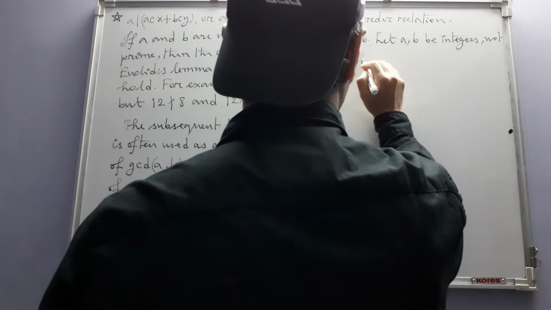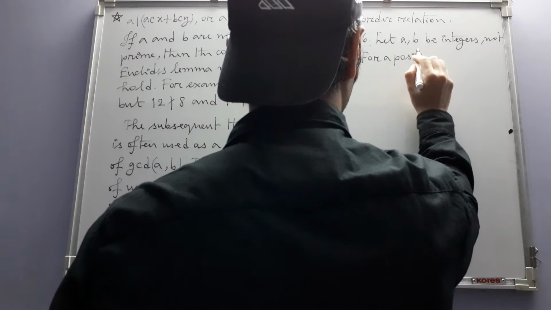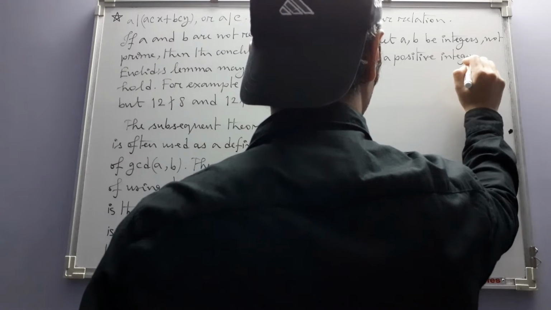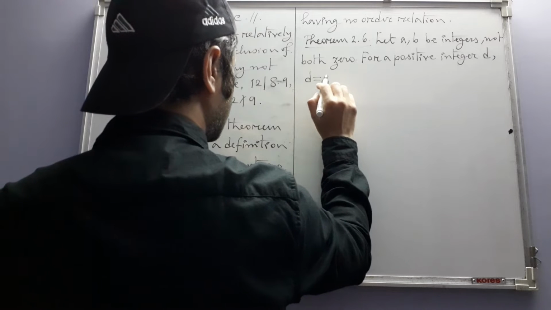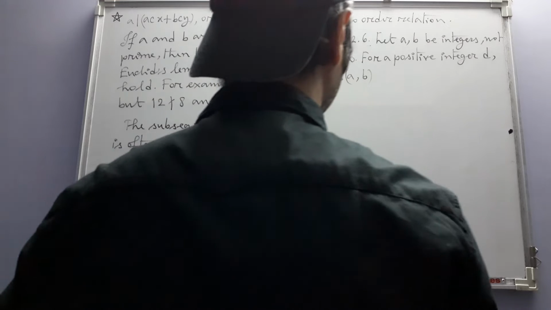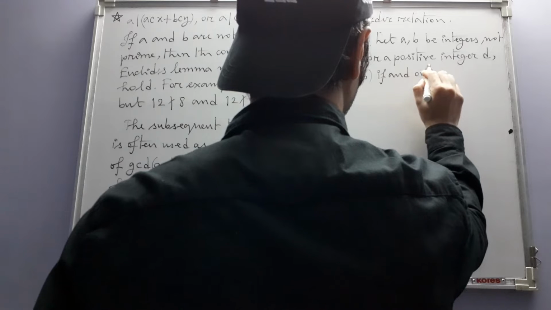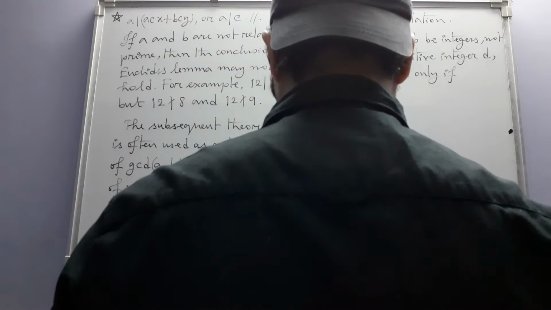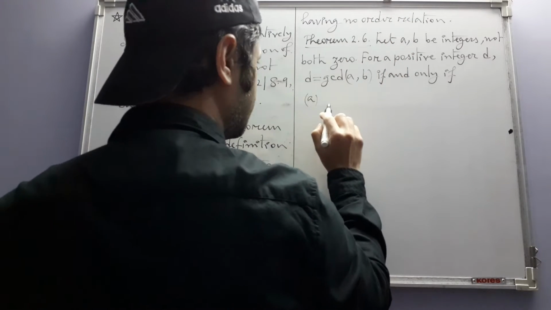For a positive integer d, d is equal to the greatest common divisor of a and b if and only if the following conditions are true. That is, two conditions are given: